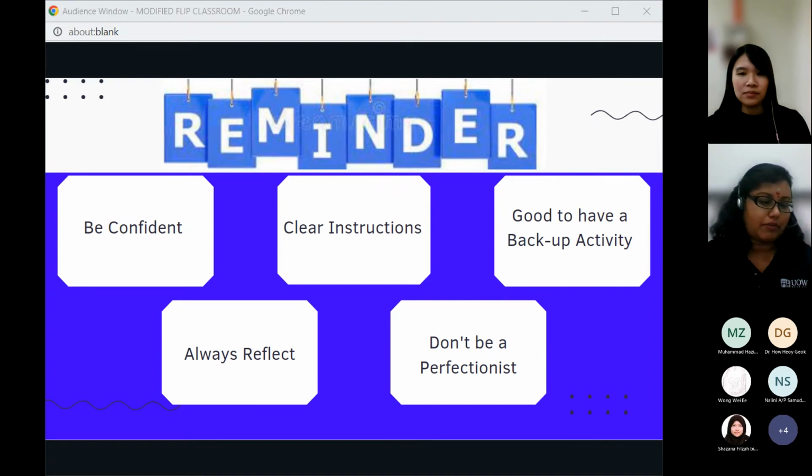Change, flip it into modify. Maybe like what I've suggested to Mr. Wong. Take one topic and change that video into Edpuzzle. Finish. And then perhaps next semester, if you have slightly more free time, you can do 2 videos. So now in total, you have 3 flips using Edpuzzle already. Okay, so don't force yourself to do everything in one go, because that will add to your stress. Just start slow, or not start slow, start small.